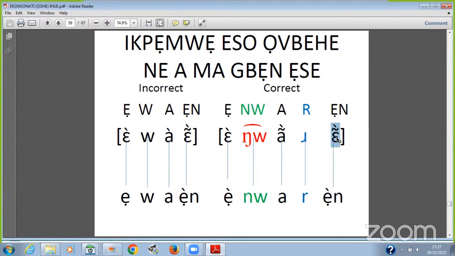So, once it is correctly written, you'll be able to know where a sound has been elided, if it is going to be elided, and so on and so forth. In this case, it is because this R is elided that people just say wine. Then when they are writing it, they use the letter W without indicating the presence of the nasal consonant in writing. So that is the problem.